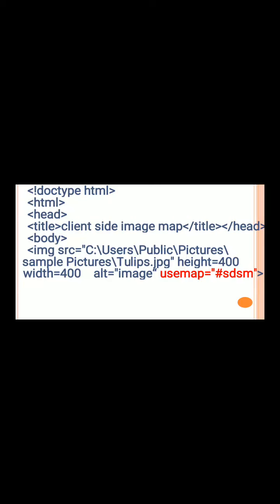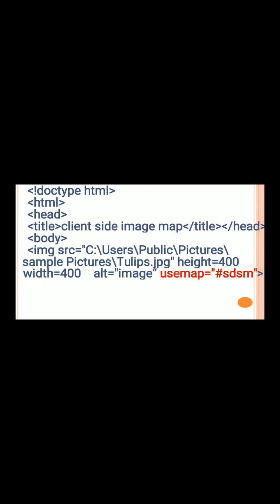And another one, the most important attribute for client-side image map, is the usemap. Here we use the usemap attribute. We can use any value in the usemap attribute, but that value should be preceded by a hash symbol. As you can see in the slide, here we used #SDSM.